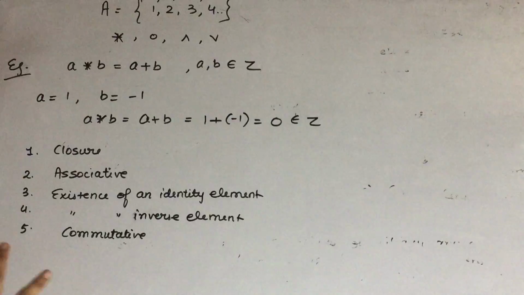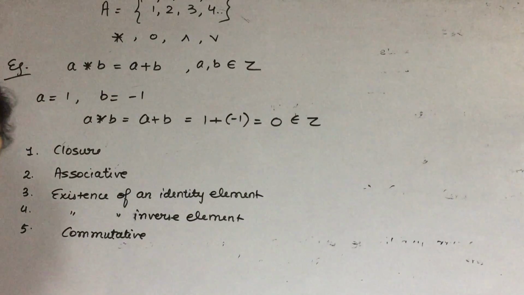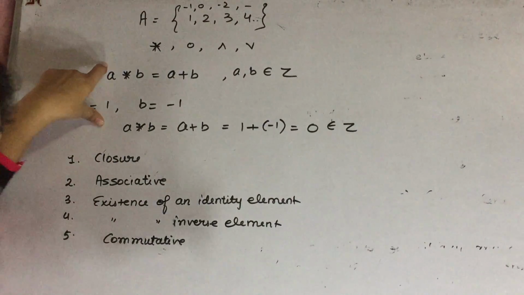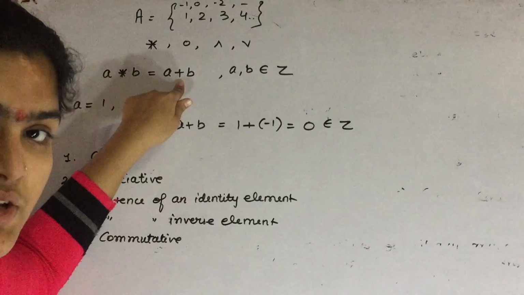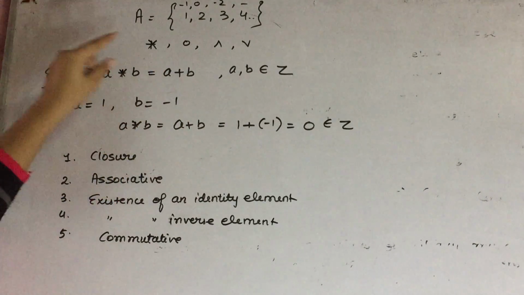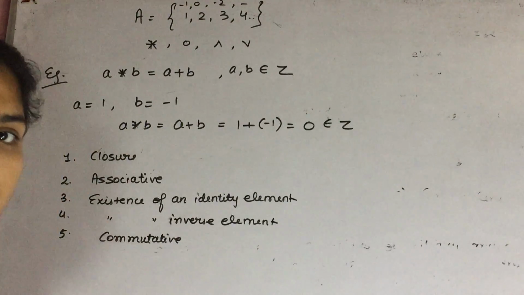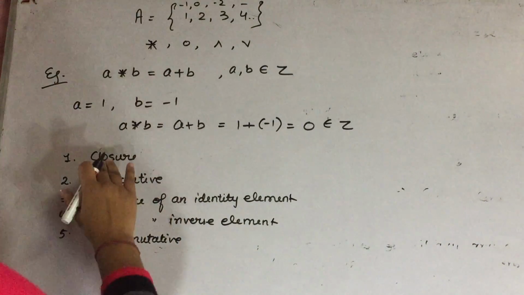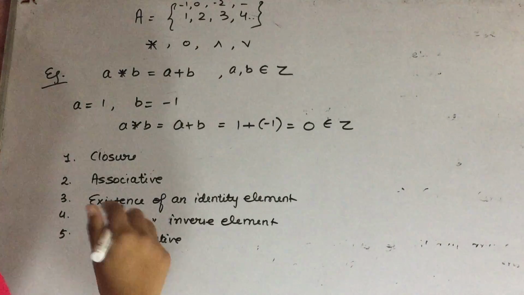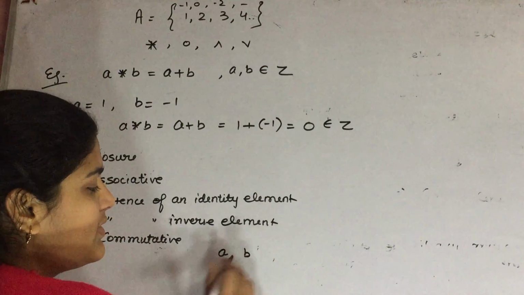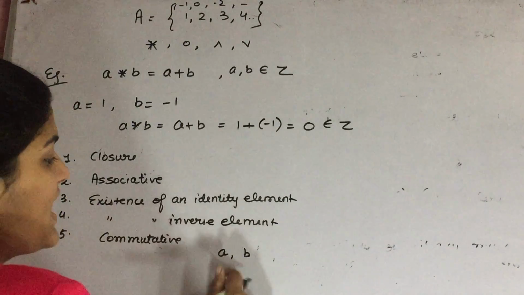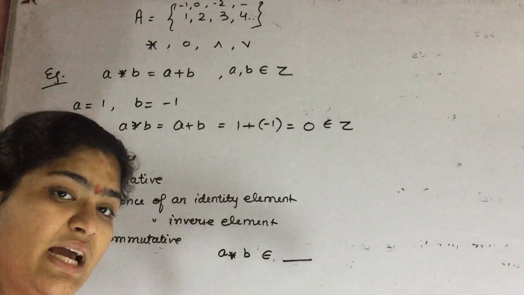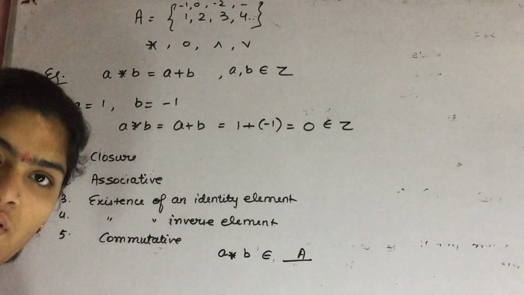Let us discuss these one by one. Firstly, let us talk about the closure property. What does closure mean? We here took an example where we have set an addition operation, so this is a binary operation on addition. There may be chances when you have to take the binary operation on multiplication, on division, or anything else. If we are talking about the closure property, it means that if you are taking numbers from a set, then the result of the binary operation belongs to the same set from which they are coming.